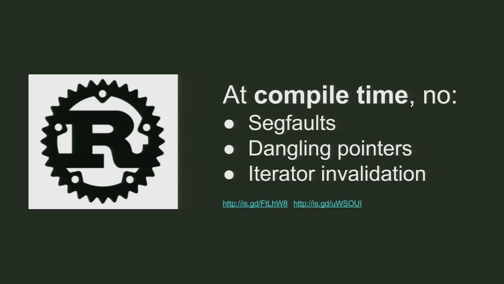In this particular case, what we mean by safety is memory safety. So even though Rust has no garbage collector, at compile time Rust guarantees that you will have no segmentation faults, no dangling pointers, and no iterator invalidation, amongst various other kinds of things, but these are three of the most common. When I said earlier that performance and control go hand in hand, there's a dichotomy that has usually been true in programming languages, where you can either have a language that is memory safe and usually has a garbage collector, and so is safe but significantly slower, or you can have a language that gives you a ton of control but is very dangerous.